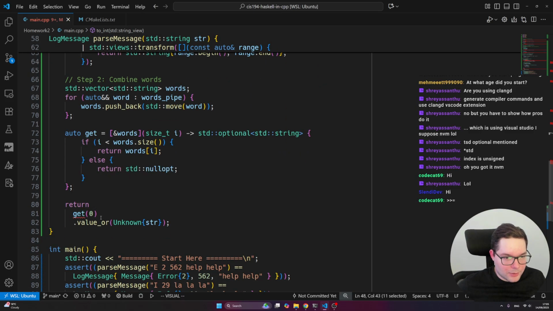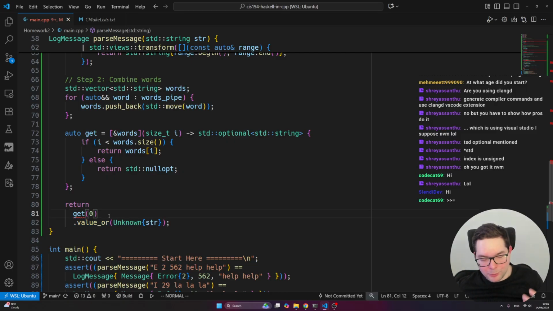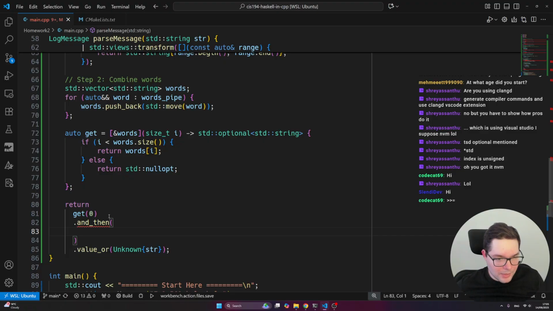So anyway, what we do here, we get an element, the first element of the vector. If it immediately becomes null opt, so there's an empty string, no vectors, no words, we will fall back to value or, and we will return unknown string. So nothing will happen. We automatically handle this edge case where there's an empty string. Otherwise, if it's not empty, we do and then, and